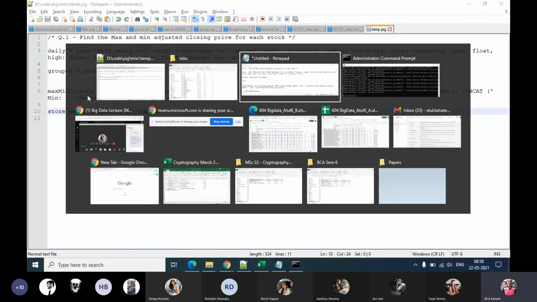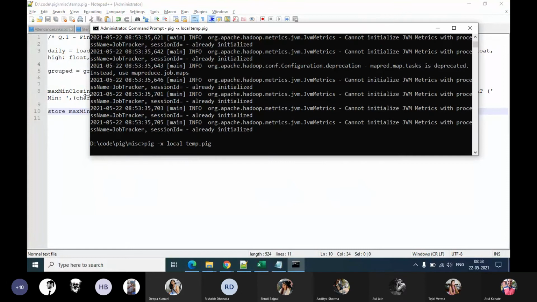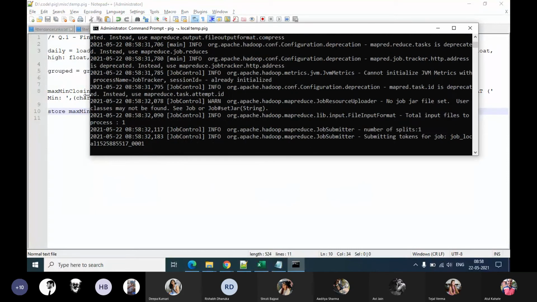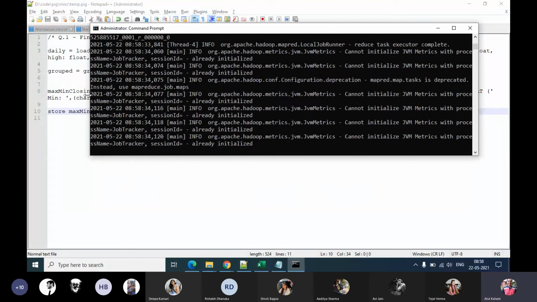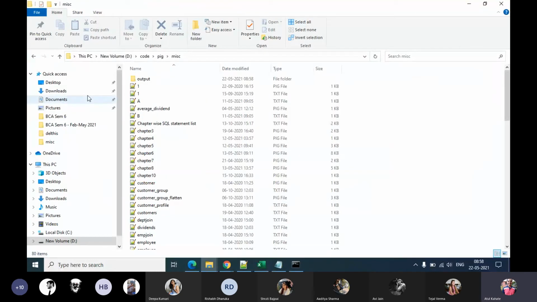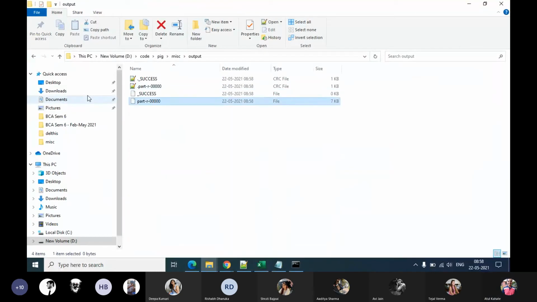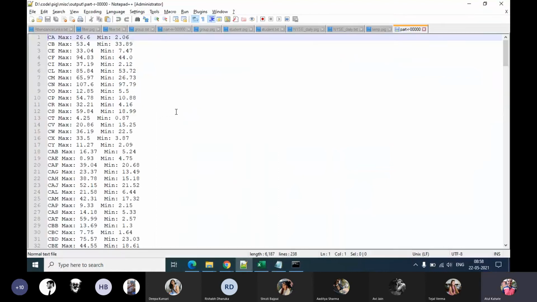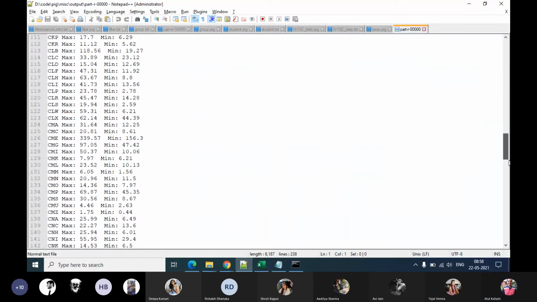And let me now run this. As we can see, for the stock CA, what is the maximum, what is the minimum? CB, what is the maximum, what is the minimum, and so on for all the stocks.